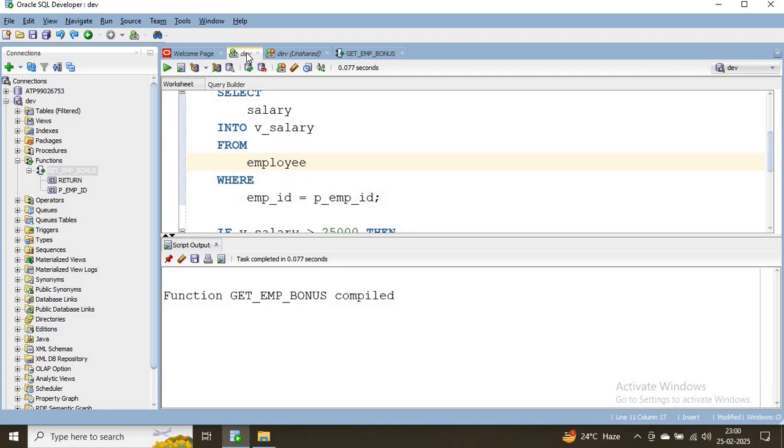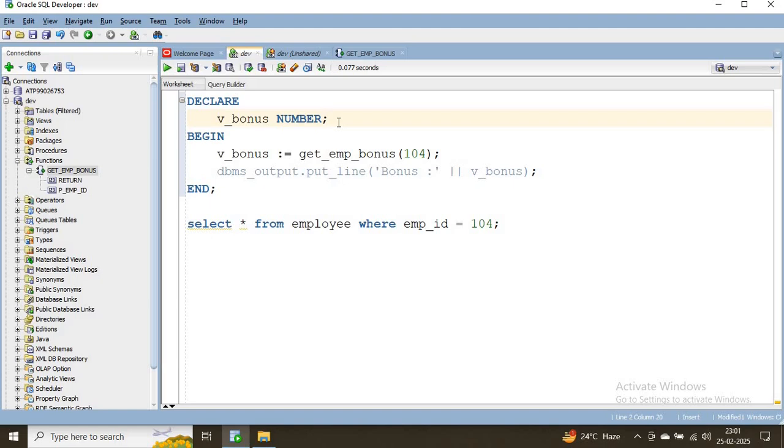To call the function there are two ways. Either we can call it from a PL/SQL block, which is the same as a procedure, or we can call a function directly from a SQL query. So we'll see both ways. First of all we'll see how to call a function from a PL/SQL block. Here we have declared one variable, v_bonus, to get the return value from the function, and then within BEGIN and END we are calling the function by passing the value of the employee ID, and it will get the bonus as a return, and that bonus will be put into the v_bonus variable, and after that